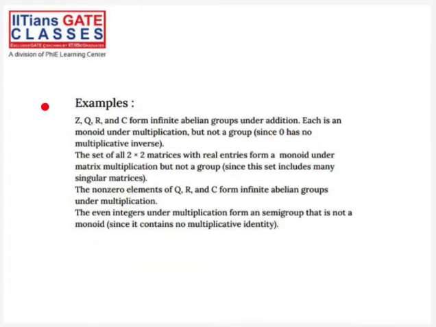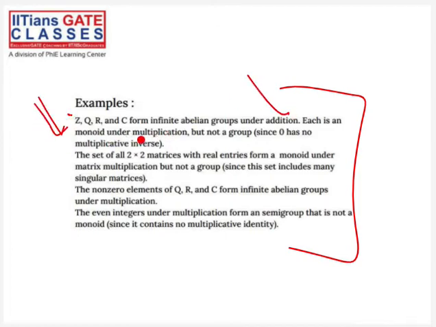So these are some examples, you can work them out. We have already seen the first thing, under addition, under multiplication. Okay. All these things we have already seen. Also we have seen that 0 has no inverse under the multiplication operation. We have already seen this, right? 0 has no inverse. So this first paragraph we have already seen, you can check it out. And this last paragraph you can check.